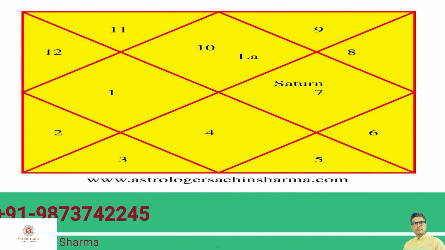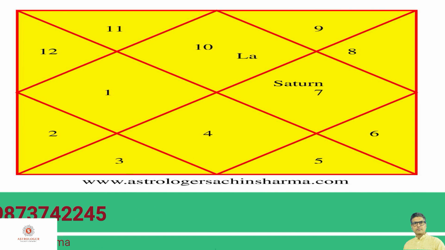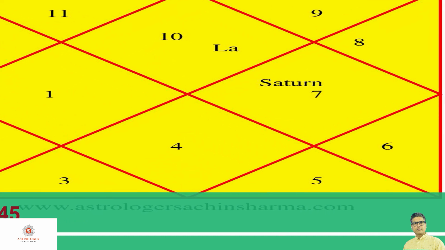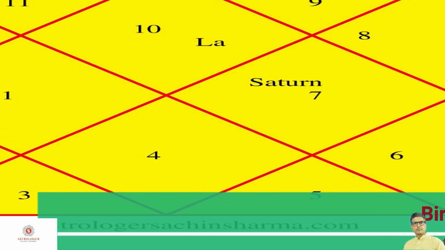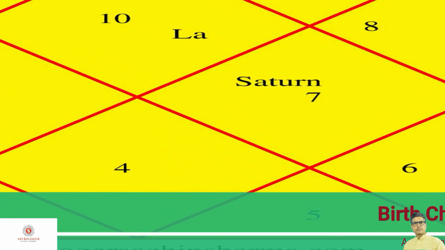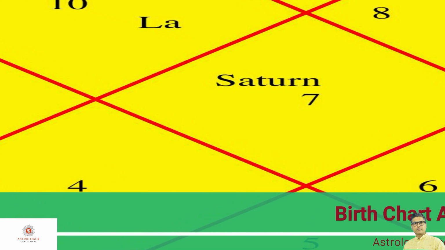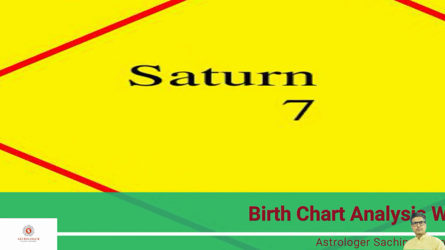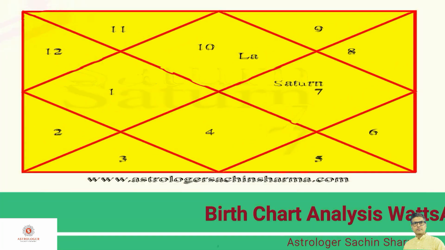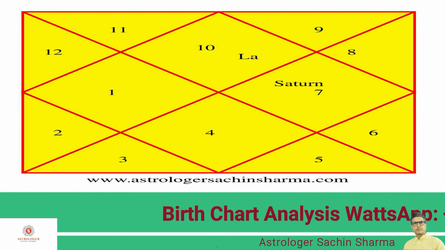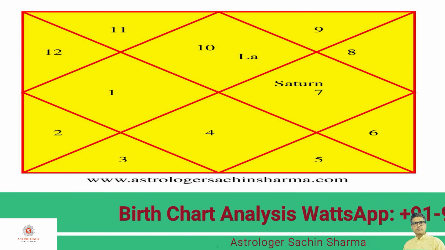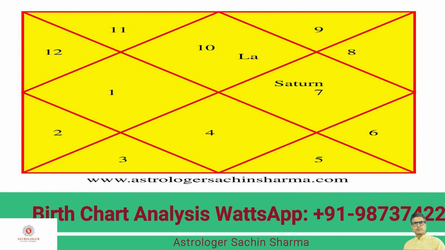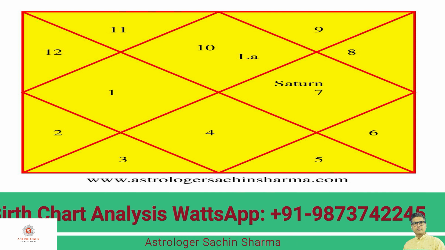Now let's understand this with the help of a birth chart. In this birth chart, Saturn is placed in the house where number 7 is written, as you can see here, which belong to Libra. Therefore we can say that Saturn is placed in the exalted sign in this birth chart. Therefore Saturn will be giving very positive results during Mahadasha or Antardasha of Saturn, and it is going to change the entire life of such person. It will make a person king in his professional field during Saturn Mahadasha or Antardasha.